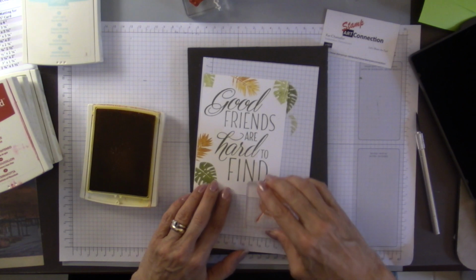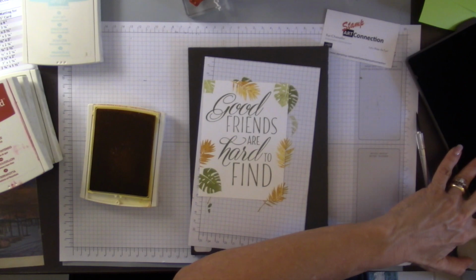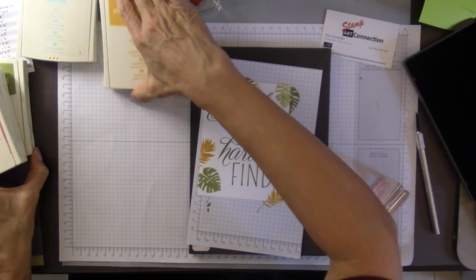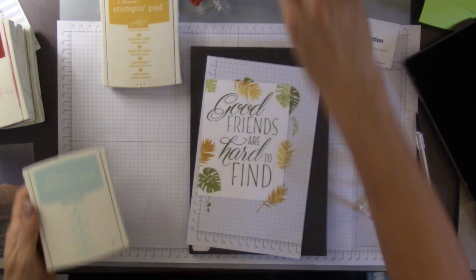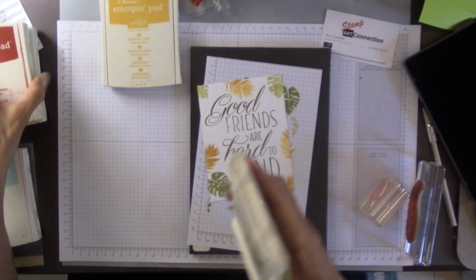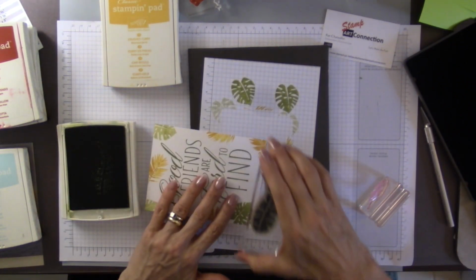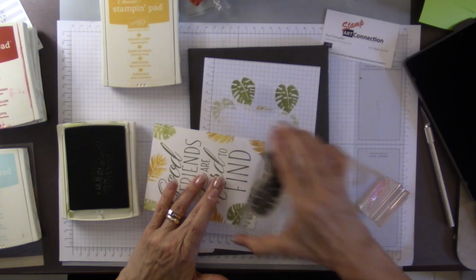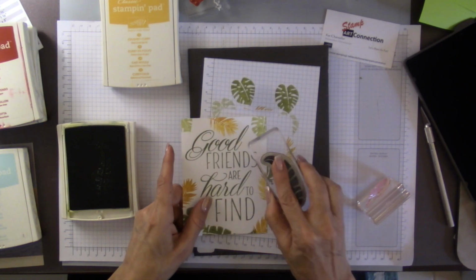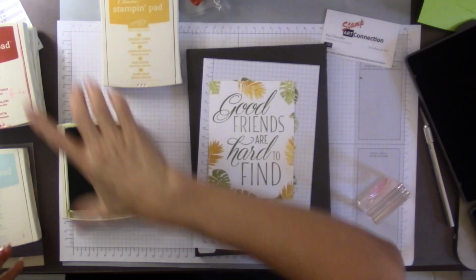We just kind of want to add to it enough so that we have most of the colors represented, but they don't have to be all the colors. And I kind of like just going to add this right here. And I think that's really all I need to do. Maybe there. Okay, so